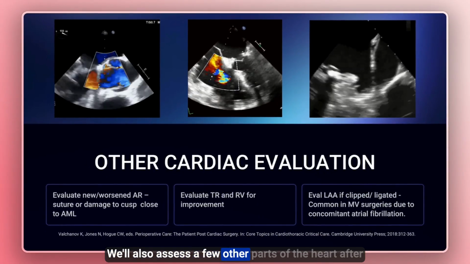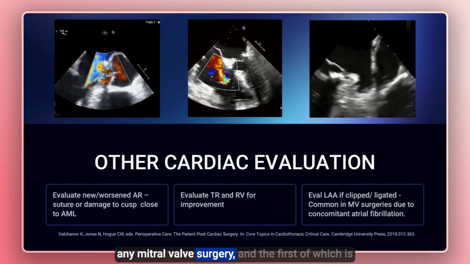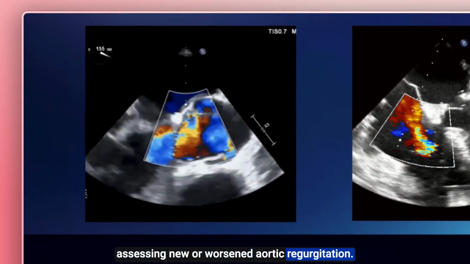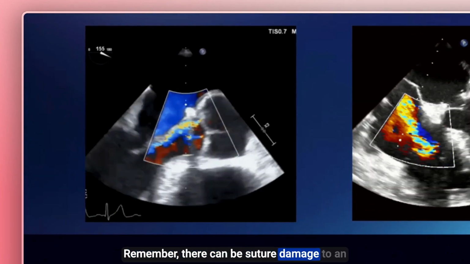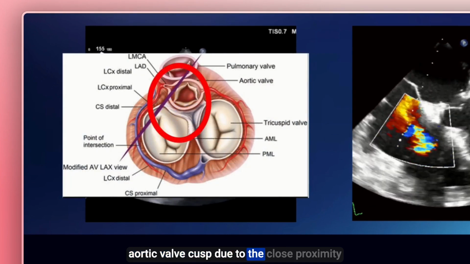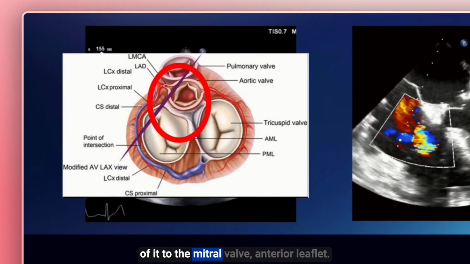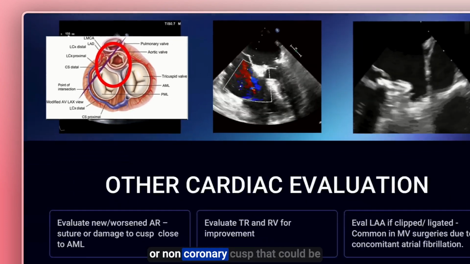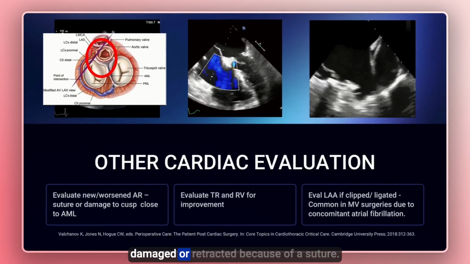We'll also assess a few other parts of the heart after any mitral valve surgery, and the first of which is assessing new or worsened aortic regurgitation. Remember, there can be suture damage to an aortic valve cusp due to the close proximity of it to the mitral valve anterior leaflet. Frequently, this is the left coronary cusp or non-coronary cusp that could be damaged or retracted